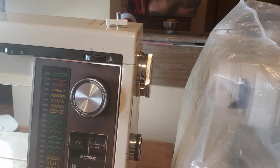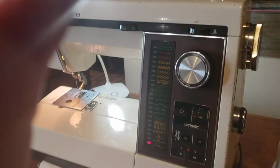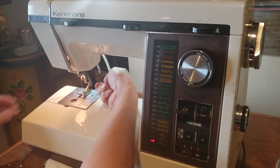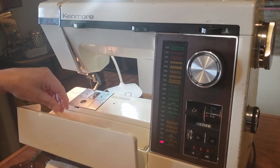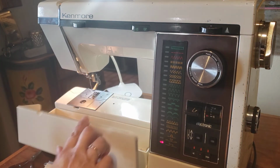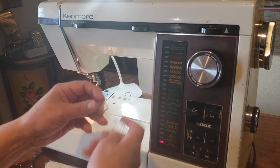Beautiful make, beautiful work with this, and it's easy to change the presser foot just by pushing the click in the back. This one you can change, or the other presser feet. It's the first time I really see this. I have many vintage Kenmore machines, but it's the first time I see these machines coming with that holder